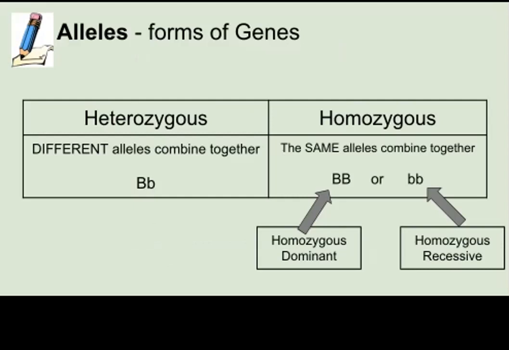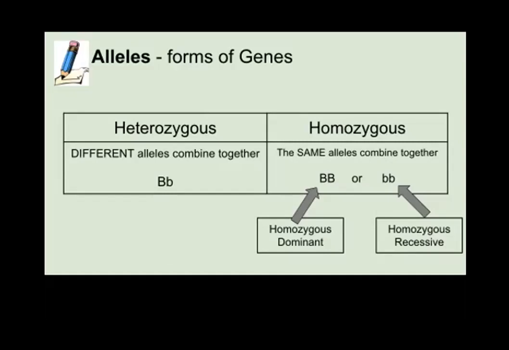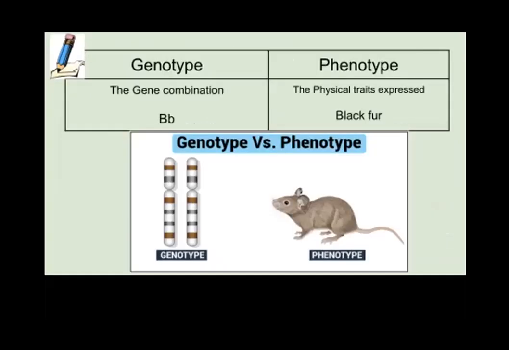If they're the same, either both capitalized or both lowercase, then that is what we call homozygous. Now, again, if it's capital, it's dominant. If it's lowercase, it's recessive. We also looked at genotype versus phenotype, and a lot of your exam review worksheet has you practice knowing the